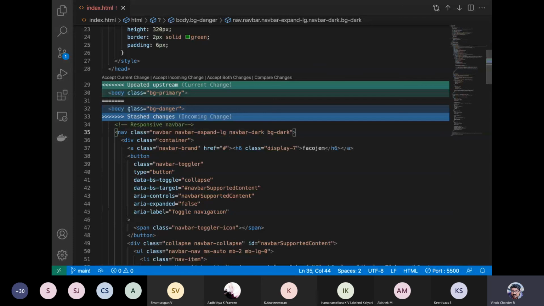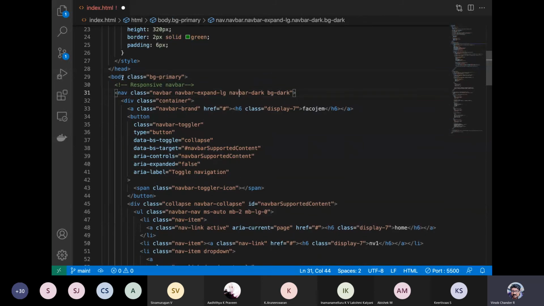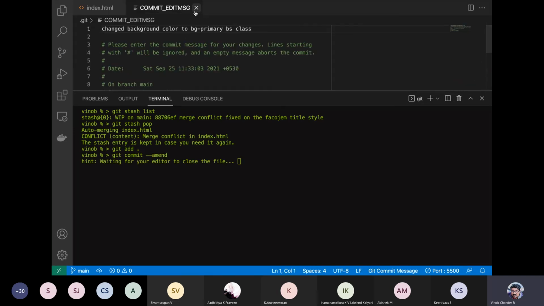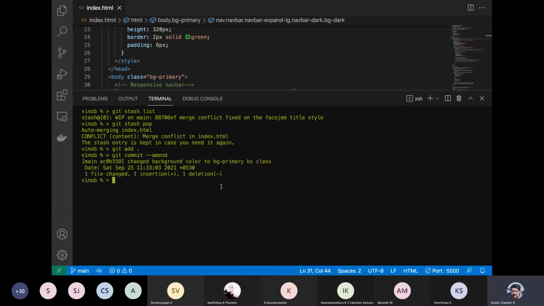But for now, once again, let us just accept this BG primary. And then let us git add, and then do amend on this without having a separate message, right? And we are okay.